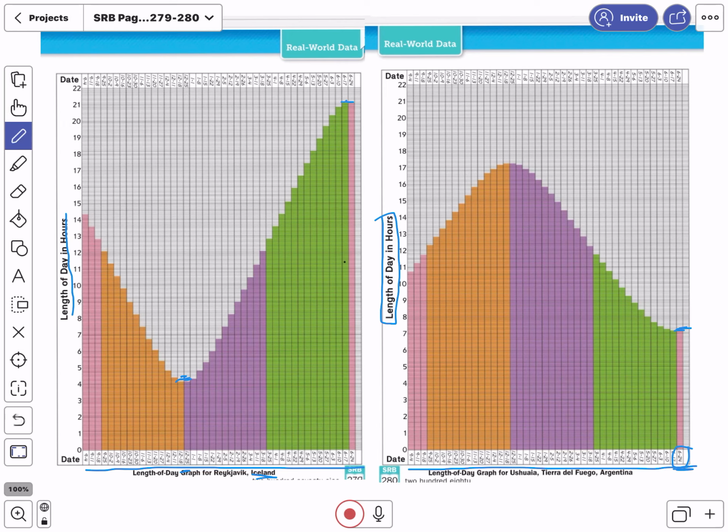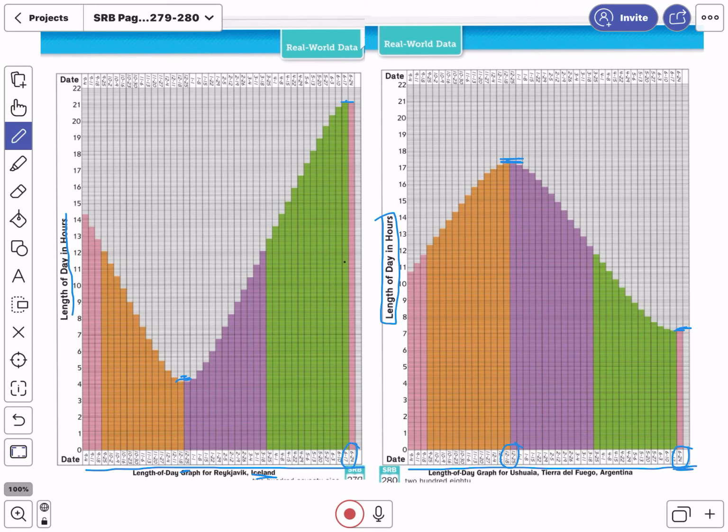That means it's almost sunny all day long on June 17th and June 24th. Now come over to Argentina. Let's look where the most amount of sunshine is in Argentina. It peaks its highest right about here at about 17 hours, and that is December 18th, December 25th,